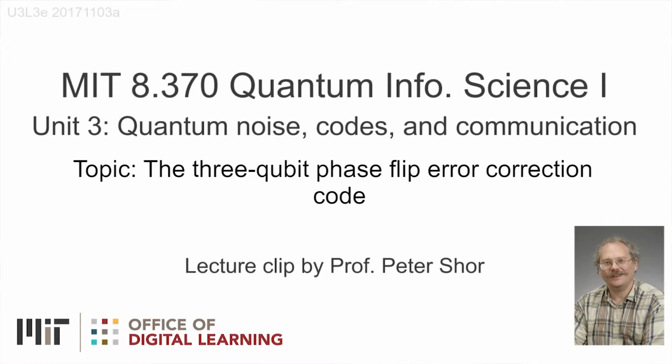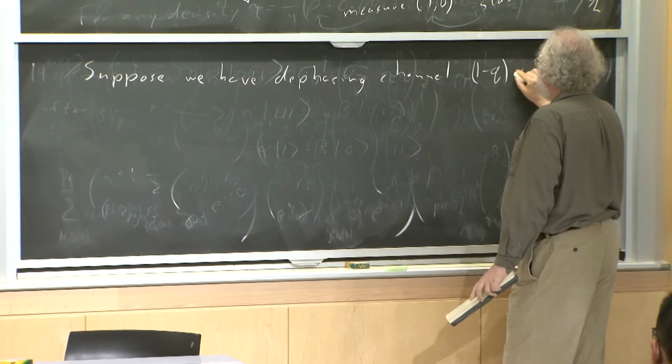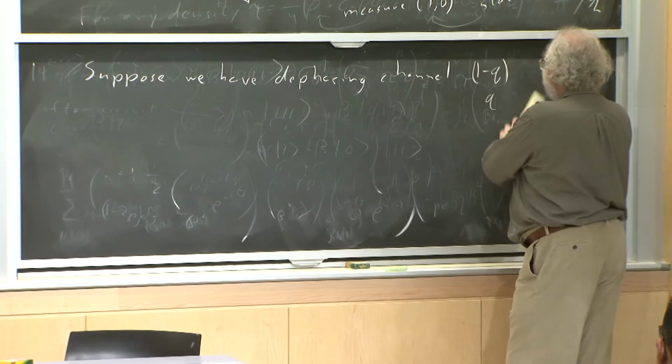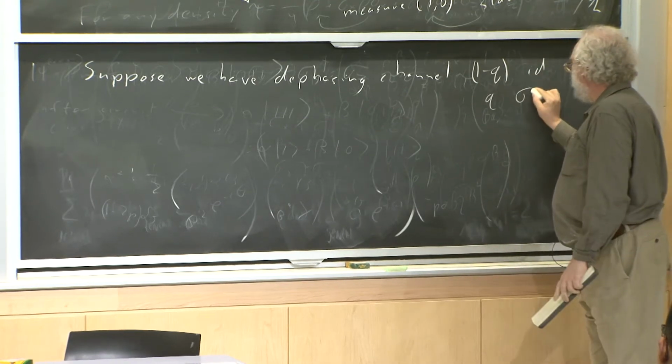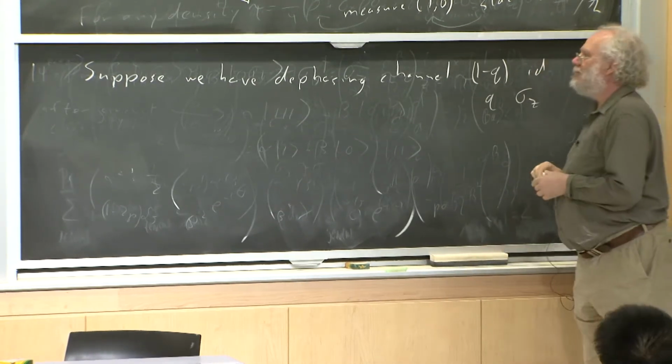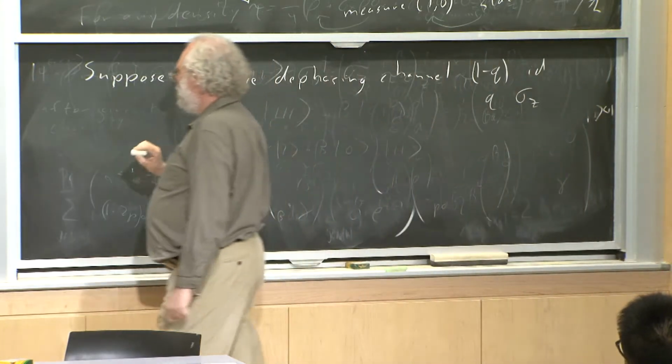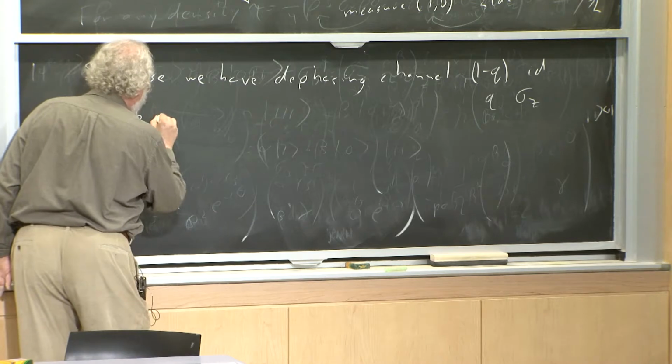Suppose we have a dephasing channel. With probability 1 minus q, you apply nothing, and with probability q, you apply a sigma z. Probability of error